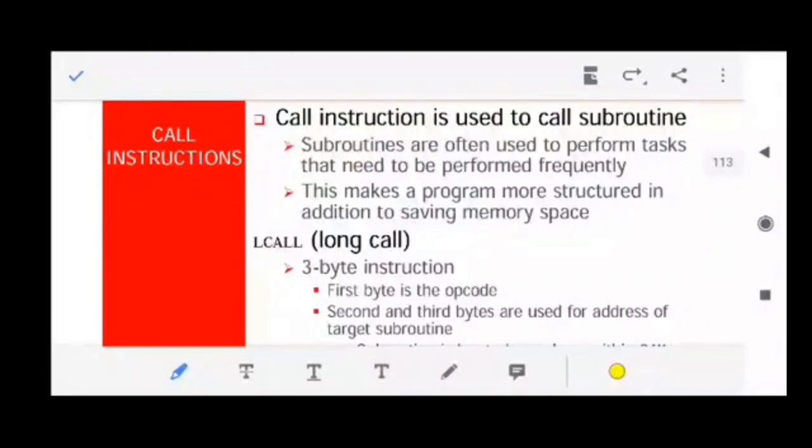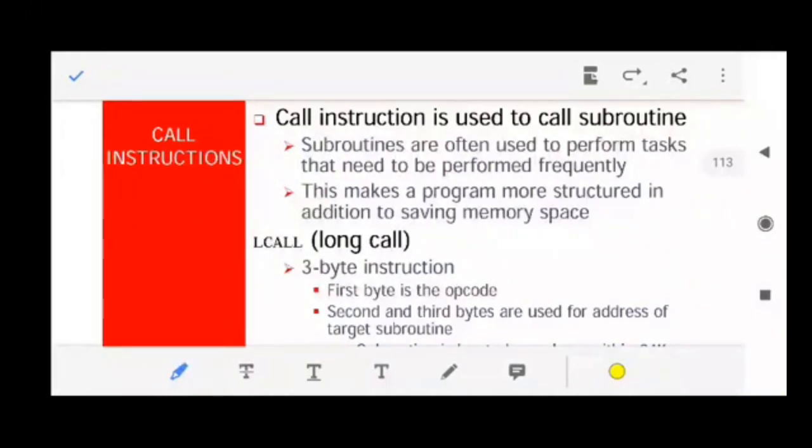Hello students, this is our fourth video lecture, and we are covering our second unit of embedded systems. We have already covered assembly language programming, various aspects of assembly language programming of 8051, the arithmetic and logical operations, which would be useful for your semester exams as well as mid-term exams.